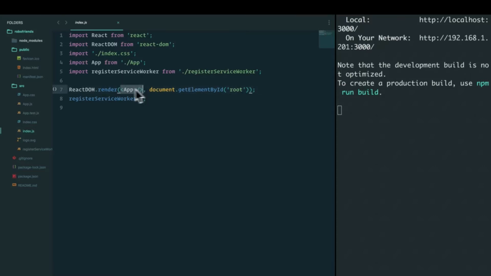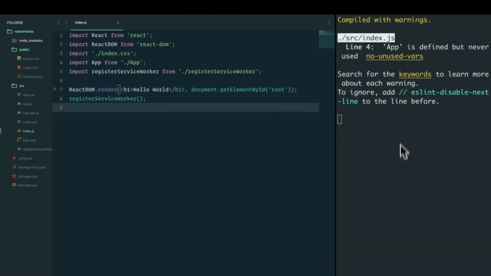This App is React's way of saying this is a React component and I want you to render it on the screen in the body. So I can actually change this to, well, we can say h1, hello world, h1. And now if I save this,